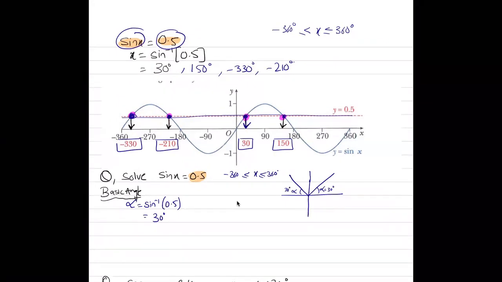So the first angle is going to be 30 degrees. The other angle is going to be 180 minus 30, that is 150 degrees. Would you agree with me? These are the two positive angles between 0 and 360. But what about the negative angles? For negative angles, you move in the anti-clockwise direction. So the first negative angle is going to be this angle, and the second negative angle is going to be this angle. We are going to do this one by one.